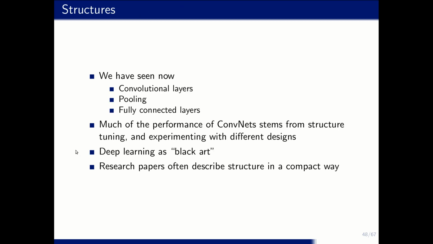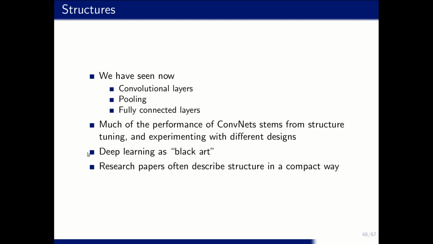So how do we actually build a ConvNet structure? We've now seen several ingredients like convolutional layers, pooling layers, and fully connected layers. And actually, ConvNets are state-of-the-art in essentially everything which has to do with images and other signal-like data. But much of this actually stems from engineers and scientists experimenting a lot with different designs. And this highlights that deep learning is a little bit of an engineering art or a black art. So essentially there's no clear recipe of which structures will work best. And essentially it's a lot of trying out and